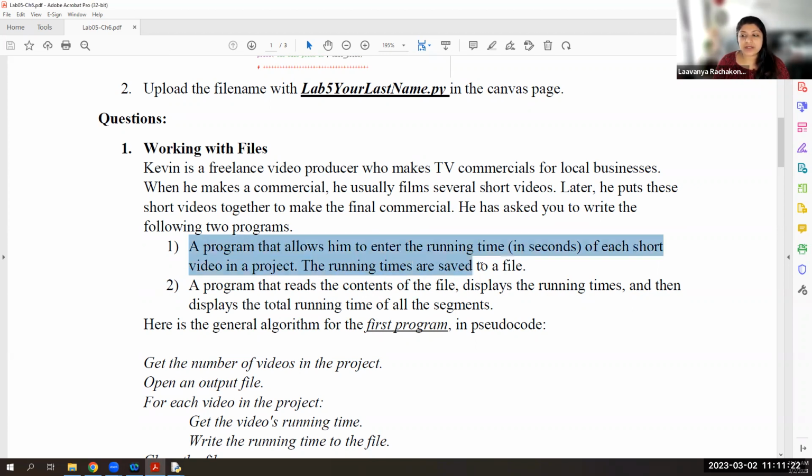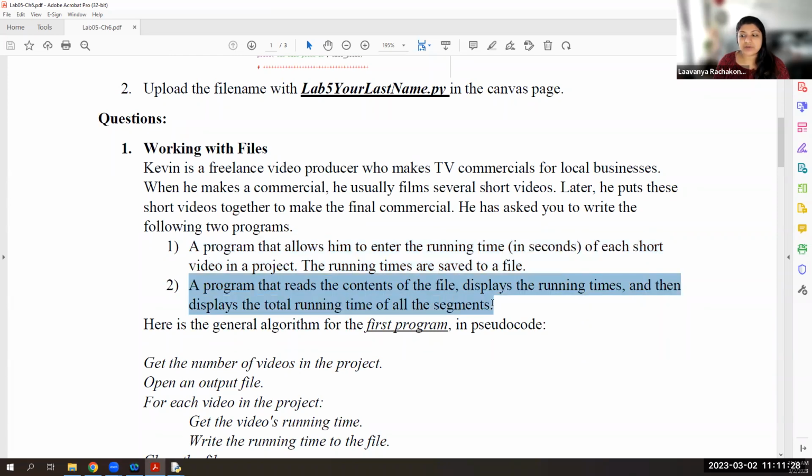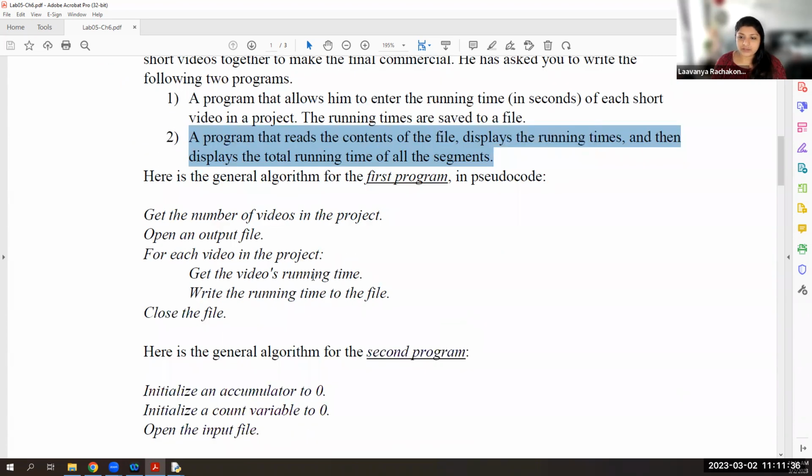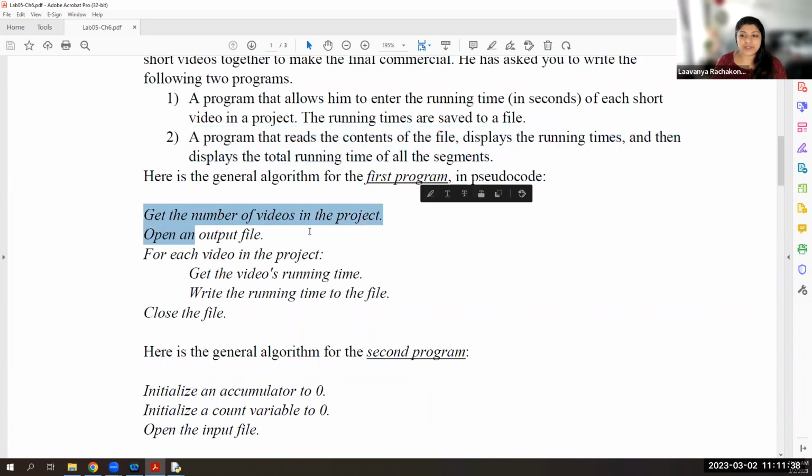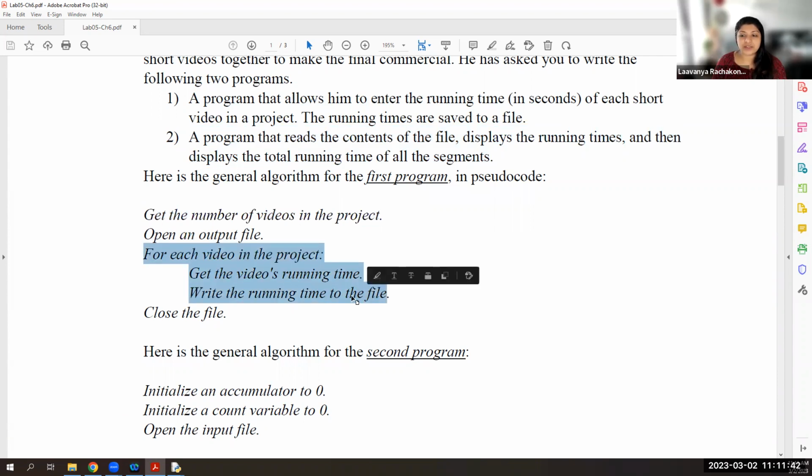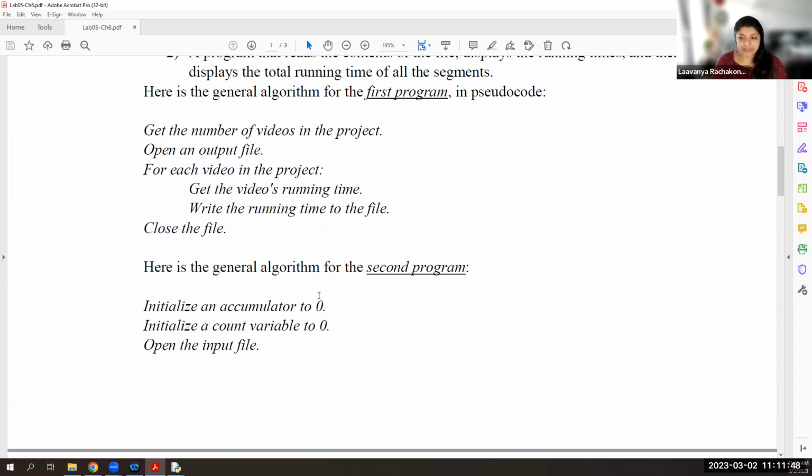So first part, you are going to write into a new file and save the running times into that new file. Second part is you're going to read the contents of the file, add the contents together, and then display the result. As I've said, get the number of videos in the project, open the output file, for each video in the project get the video's running time, write the running time to the file, close the file. For the second